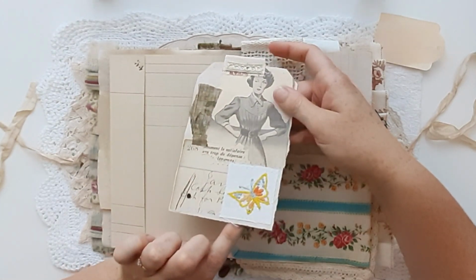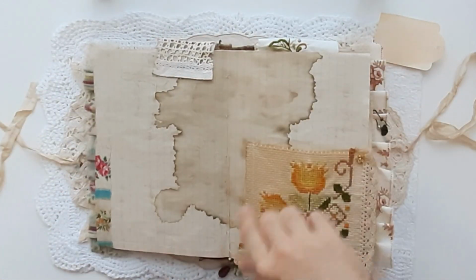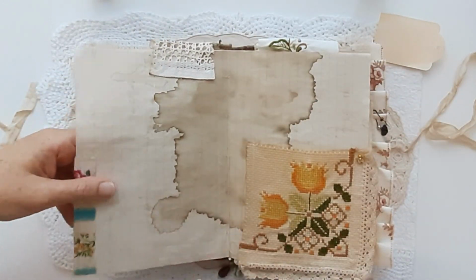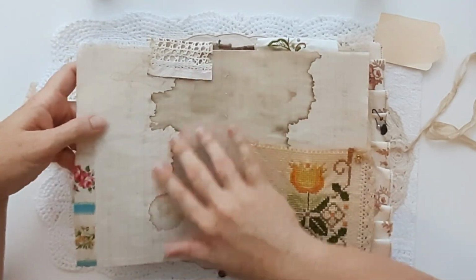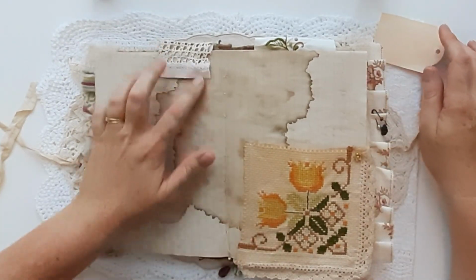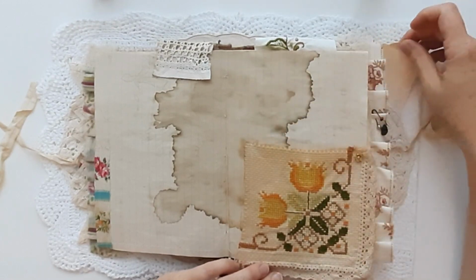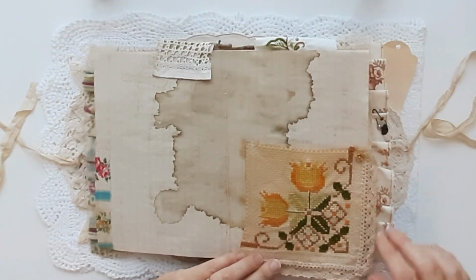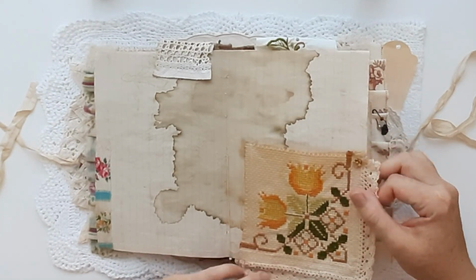Doily snippet there, stitched on. Coffee stained paper. I've also decided to start wrapping all different things around the other side of the page, just to give that page lots of journaling space, but a little bit of a feature there. A hand cross-stitched pocket there made out of part of, I think it might have been a doily,